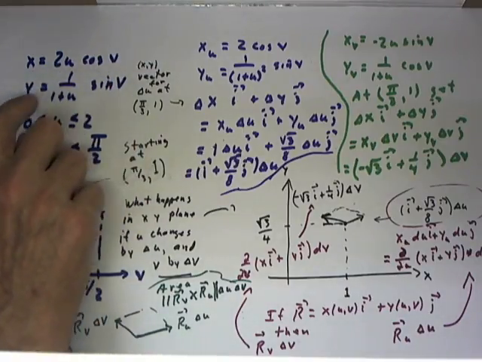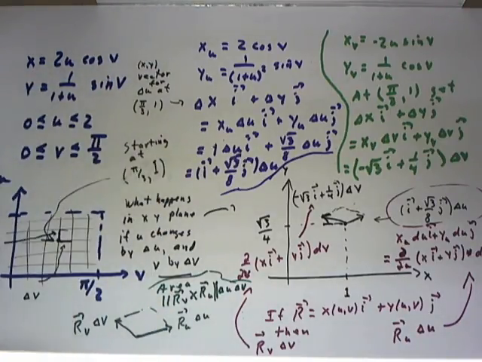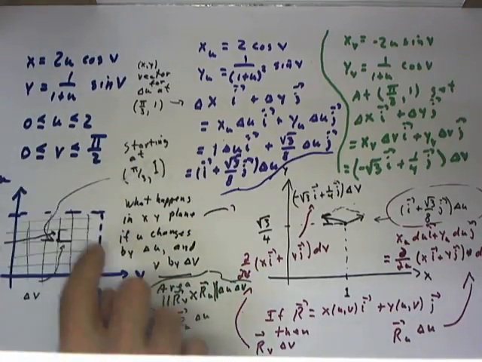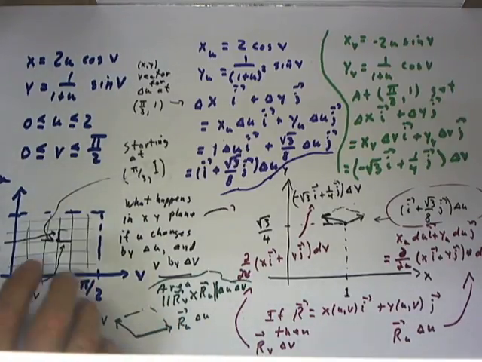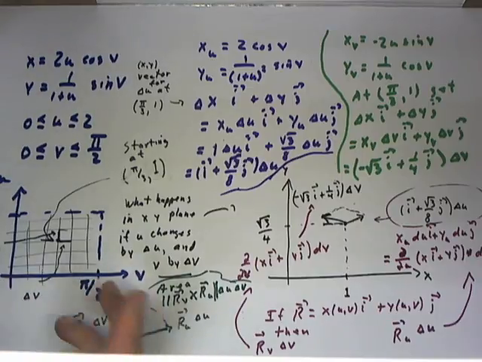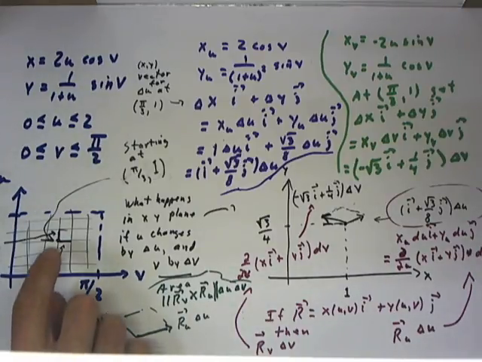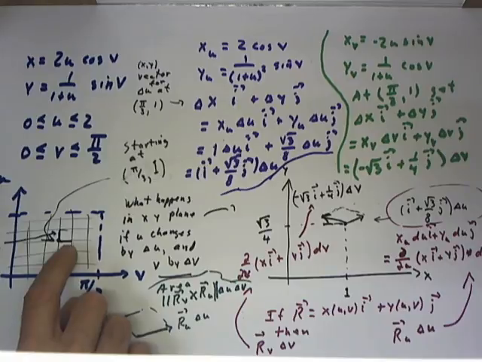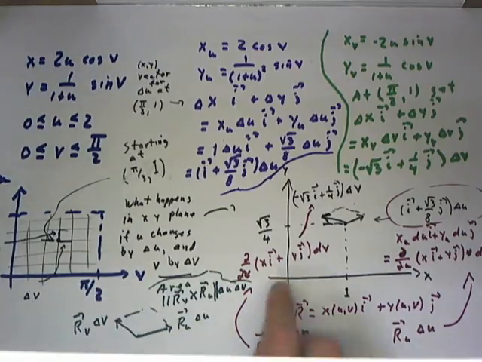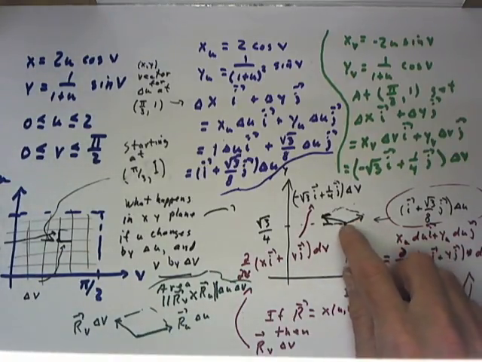For x given by this function of u and v, y given by this function of u and v, on the u versus v plane, and often this is v versus u. Kind of reverse my coordinates here, but it could be listed in either order. For an interval here of dimension delta u by delta v, we get first two corresponding vectors defining a corresponding